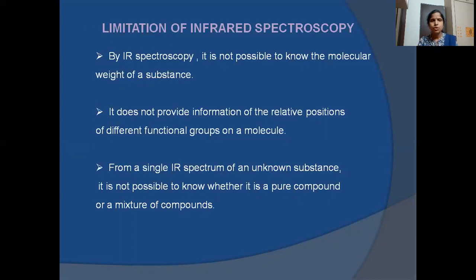Then we have seen that when the light is incident on the sample, transitions take place, and vibrations are of two different types, stretching and bending vibrations. In stretching vibrations the bond length is changed, whereas the bond angle changes in bending vibrations. And we have seen the number of modes of vibrations for linear and non-linear molecules, 3n minus 5 and 3n minus 6, where n is the number of atoms in the molecule.